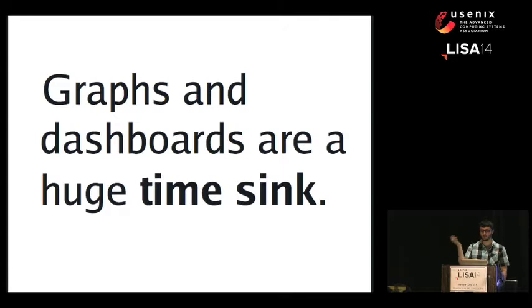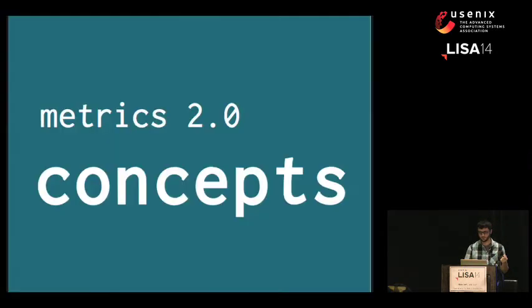So making graphs and dashboards is such a time sink. Another reason for that is that I notice you spend so much time defining what goes on the y-axis label, what goes in the title, what goes in the legend, what colors to use. A lot of this stuff could actually be deduced from the metric itself. If it describes itself a little bit better, has more information, then we don't need to do all this manually. So that's what Metrics 2.0 is all about.